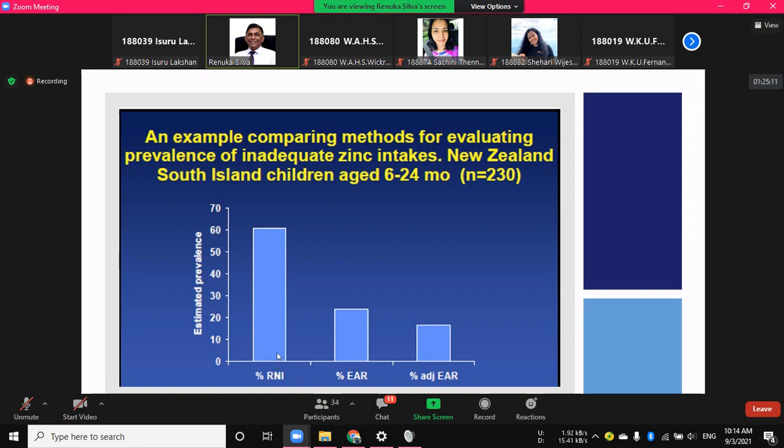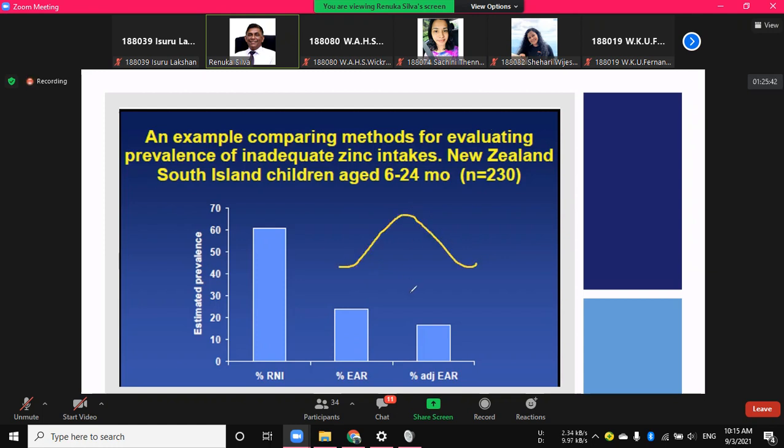So the majority, you can say that 60% of these children reach the RNI value, and 30% of the children reach 25% or 20, more than 20% of the EAR. More than 20% of the children reach EAR. So if you use the graph,